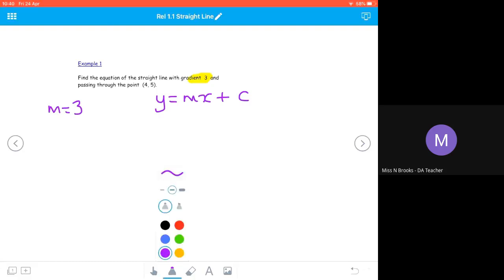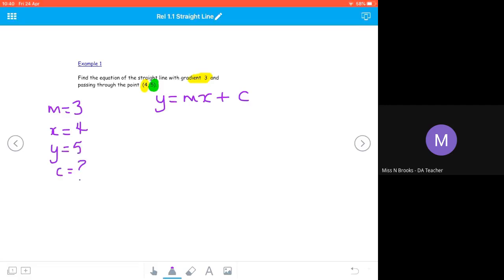So we know that the x coordinate is 4, so we can substitute in x equals 4. And we know that the y coordinate is 5, so we can substitute in y equals 5. We're going to substitute that information because what we're trying to do is work out what